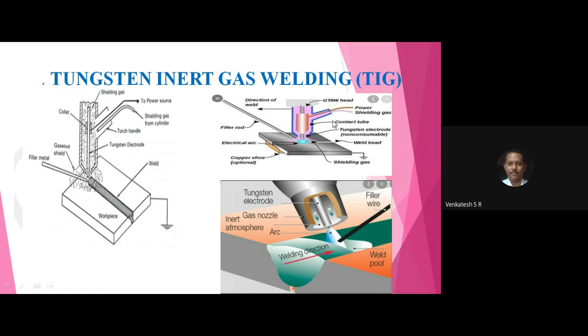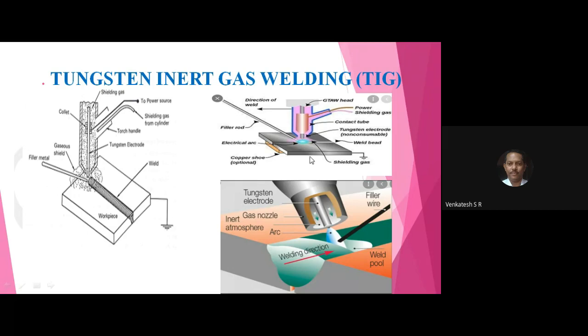All of you go through it one by one. See the GTAW, gas tungsten arc welding, power supply, control tube, and in the tube the inert gas is supplied to the joint, and this is the tungsten electrode. The table is grounded, and there is shielding gas. So an electric arc is established between the tungsten and the workpiece joint. All of you observe here, this is the joint. You have to fill this joint with the tungsten inert gas welding process. This is the filler rod.